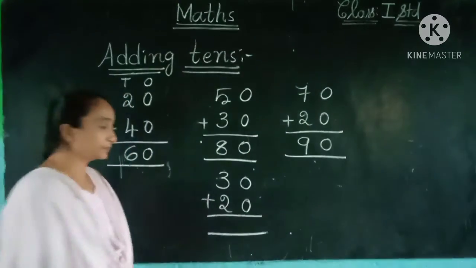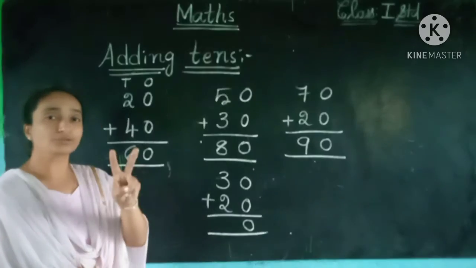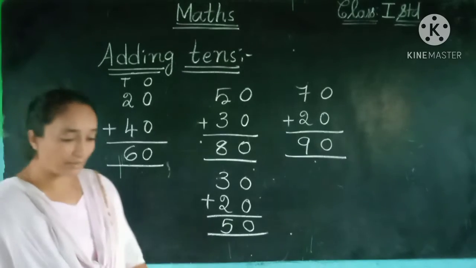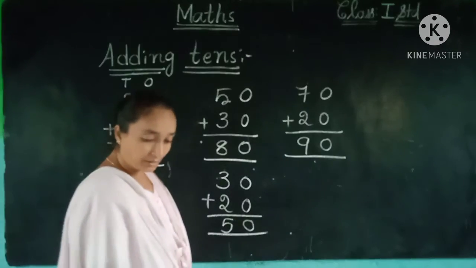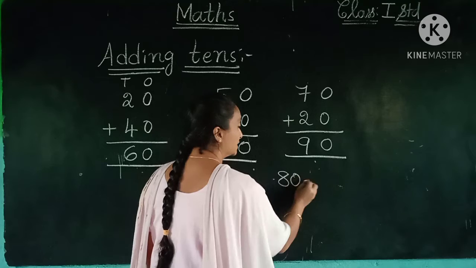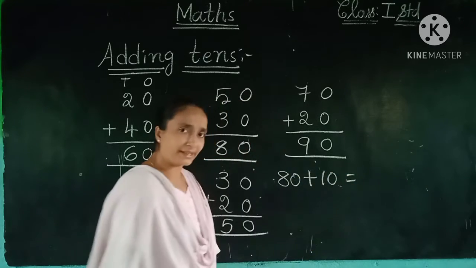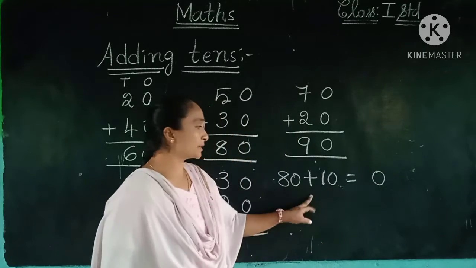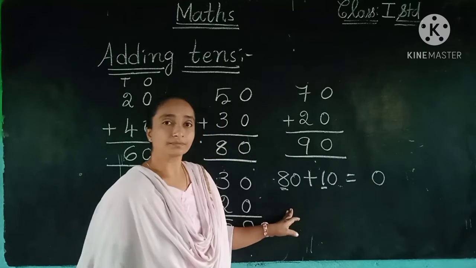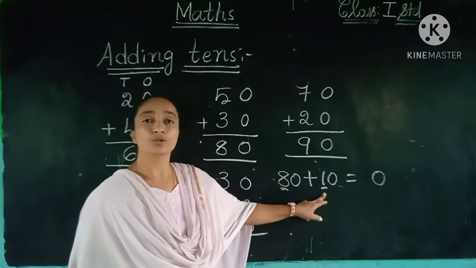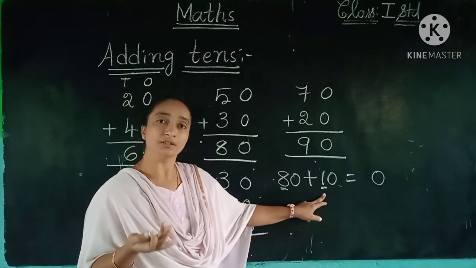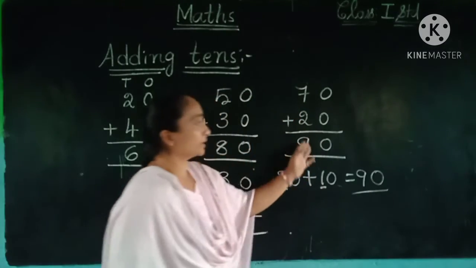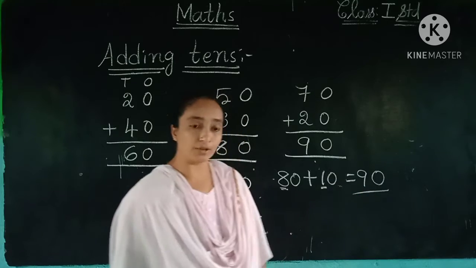And 30 plus 20. So 0, and 3 plus 2: 3, after that 4, 5. So 50. Like this they did not give, children. They have given it in the horizontal form. For example, 80 plus 10. Anyhow, the ones place we have the 0, so here we can write 0 in the ones place. 8 plus 1, only the tens place we have to count. If we add 1 to 8, 8 after is 9. So here we write the answer 9. Very simple. You need not write like this also, you can directly do the calculation here.